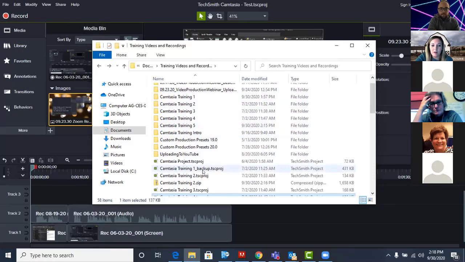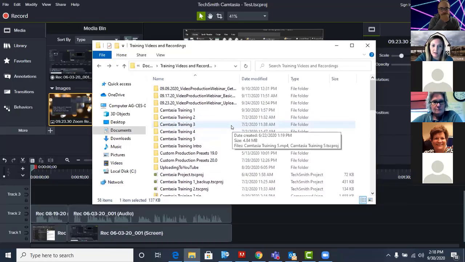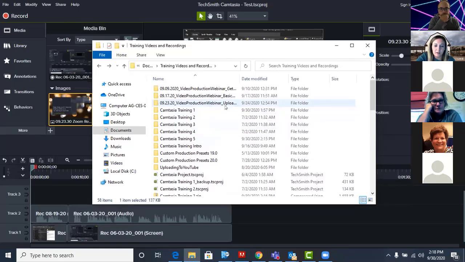That way it's automatically saving not only in Zoom, from Zoom to your computer, but also from Camtasia. So you have both to work with. Just making sure that you're covered in all of your areas and that you're not going to end up losing footage or losing a file that you had created.